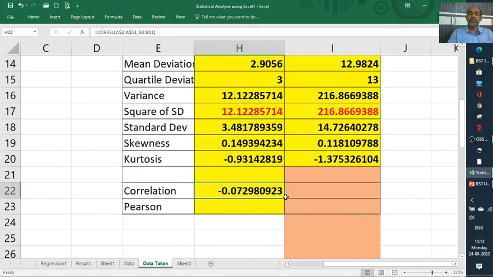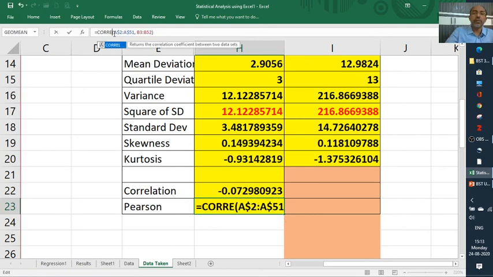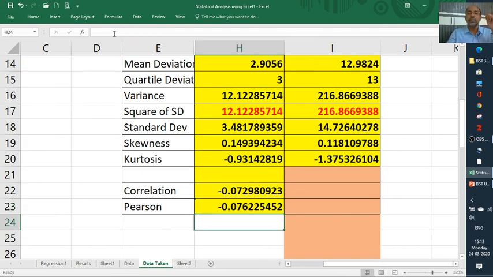Then we'll use one more formula, that is called PEARSON. Instead of CORREL, we can use PEARSON. It also gives the same answer. There is no problem at all. It is based on the product moments, the correlation coefficient.